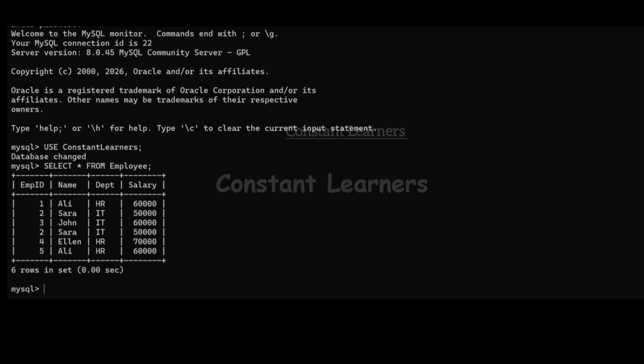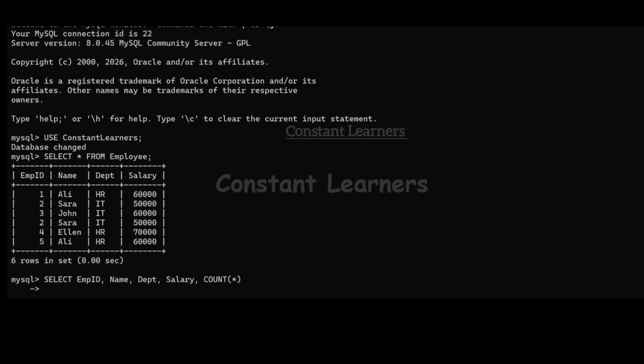Now in SQL, the query always starts with the output. That means whatever we need in the output is written as the first statement using select. So the first line here will be select employee ID, comma name, comma department, comma salary. After this, we'll put a comma and we are going to add a counter here. Count star, that means count all. So we need to count the number of duplicate rows. How will this happen? We'll see that in a bit. Make sure to put a comma after salary, otherwise the query will not work.